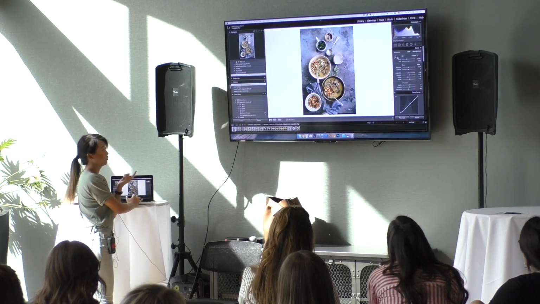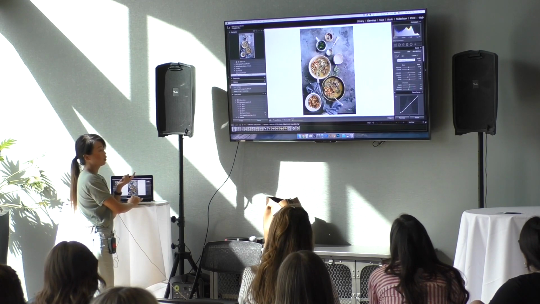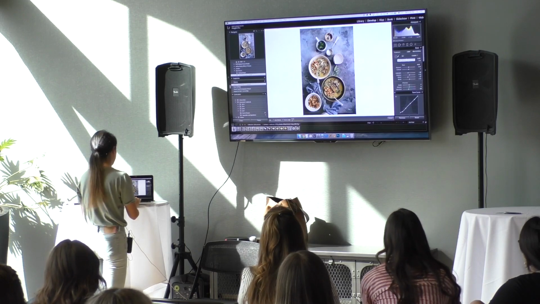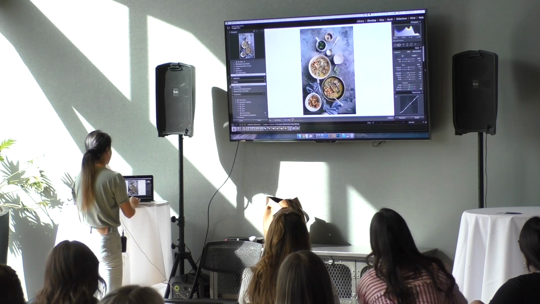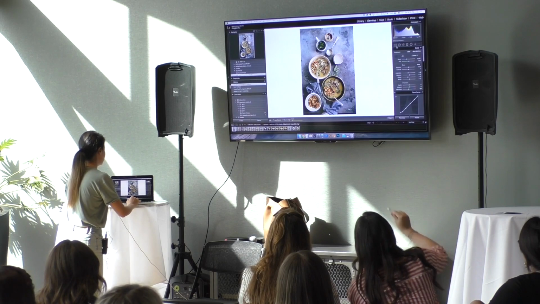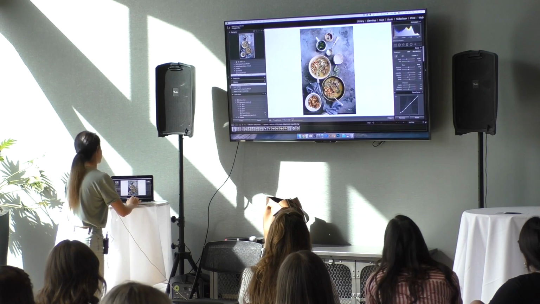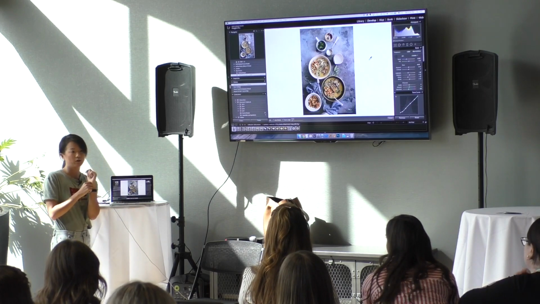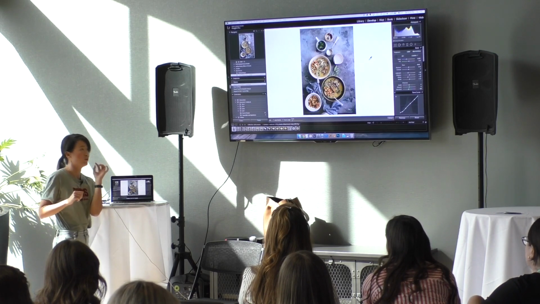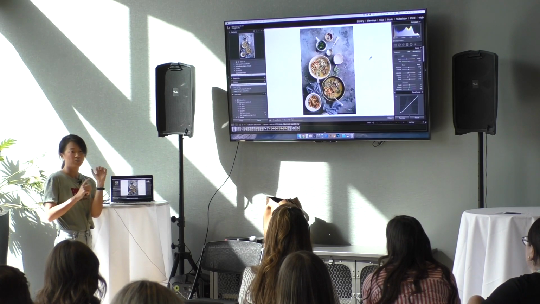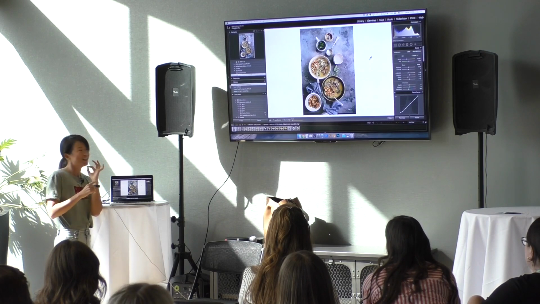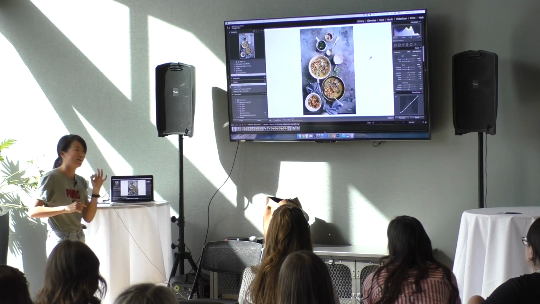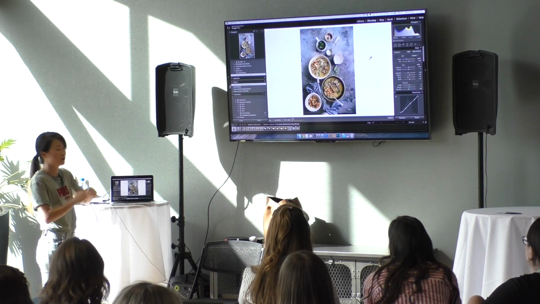This thing is called... Never used that. Oh, never used it? Okay, great. You click on it. It's called a selector or something. Yeah, eyedropper. So you click, and ideally you should click on a gray area, then it sets a kind of perfect white balance. But when you don't have it, you can just click on maybe black or white. It will be a little bit off, but it does a pretty good job.